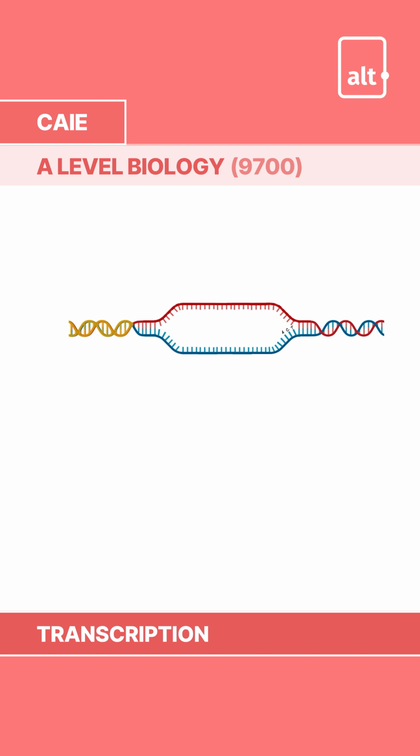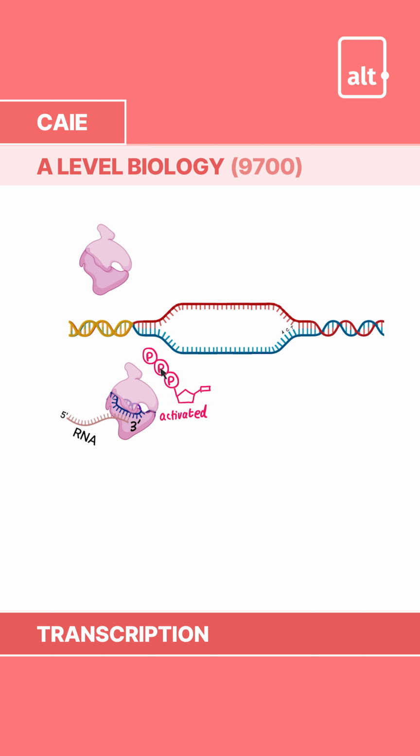While this mRNA molecule is being synthesized, the RNA polymerase will add new nucleotides to the 3' end of the growing strand. These nucleotides are going to be activated nucleotides, meaning that they have the 2 additional phosphate groups attached to them. When these nucleotides are added, it's going to be in accordance with the rules of complementary base pairing. So the nucleotides that are added are going to be complementary to these exposed nucleotides on the template strand of